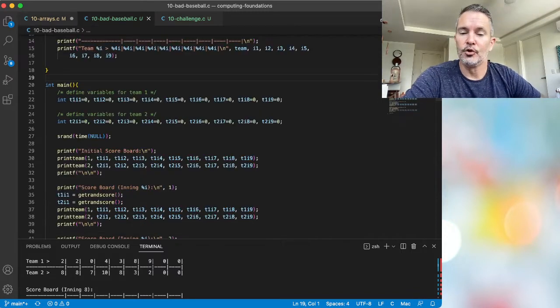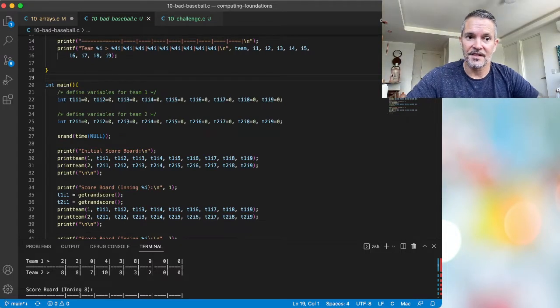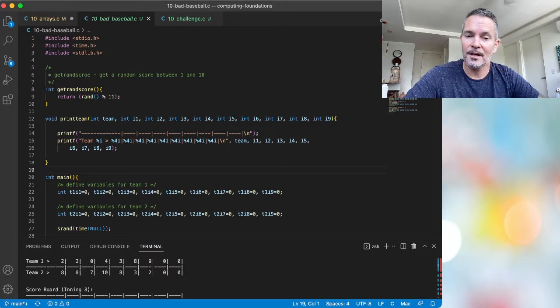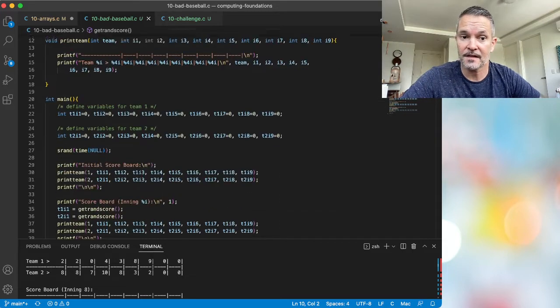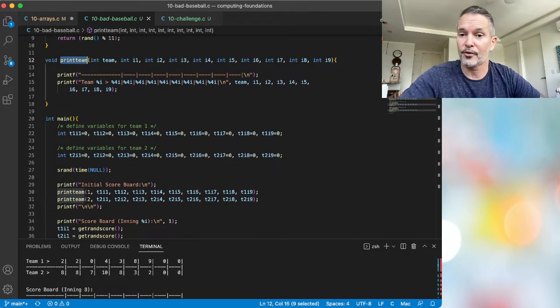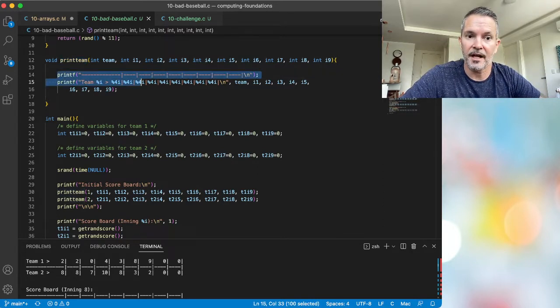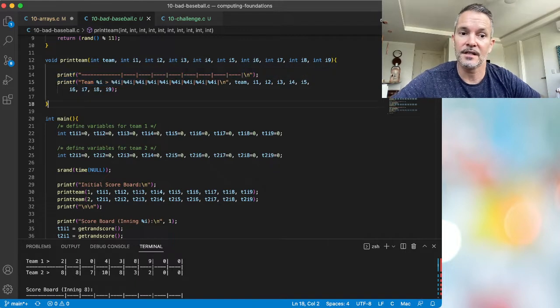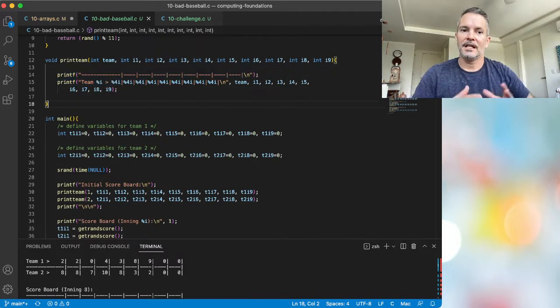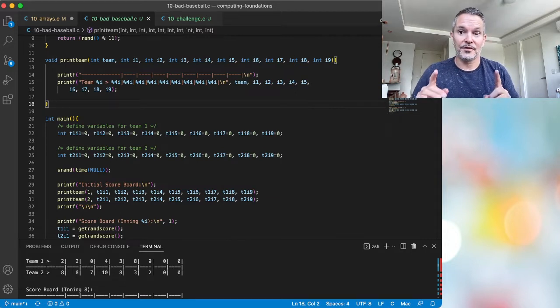So get familiar with some of the basics of how arrays work. Then you can use the bad baseball program to steal some of the code that I've written. For example, the get random score function, you might like to reuse that. You're going to have a print team function. I've asked you to rewrite it, but maybe you can reuse some of the printf work that I've done here to help you. So take the bad baseball program, rewrite it using arrays, and we'll see you in the next video